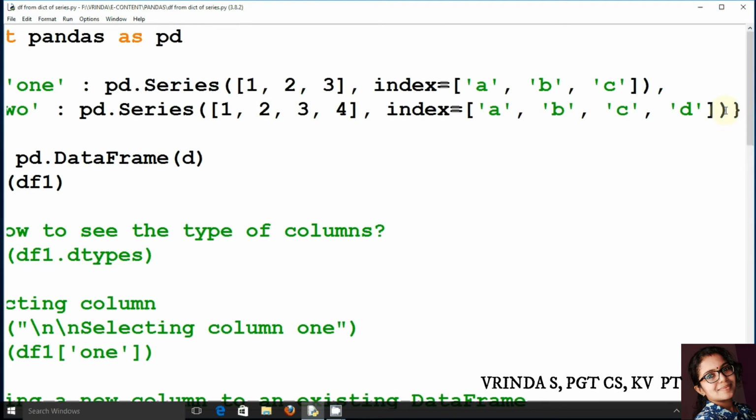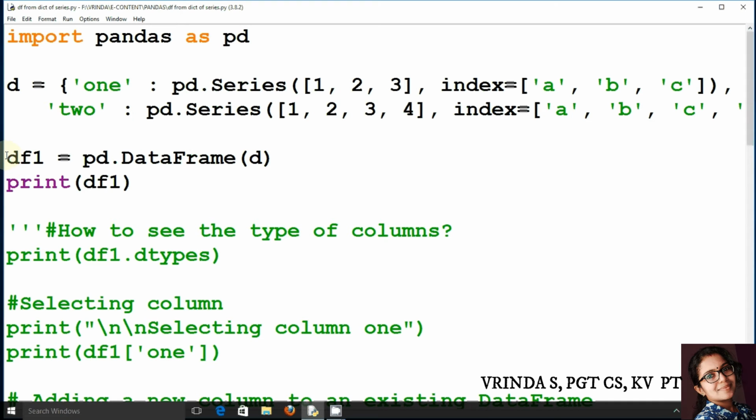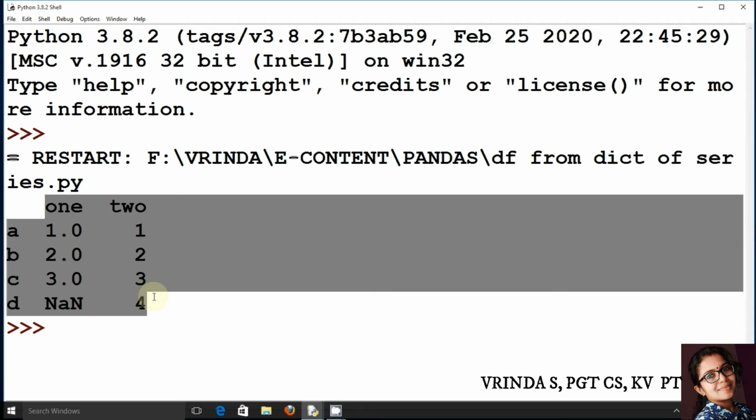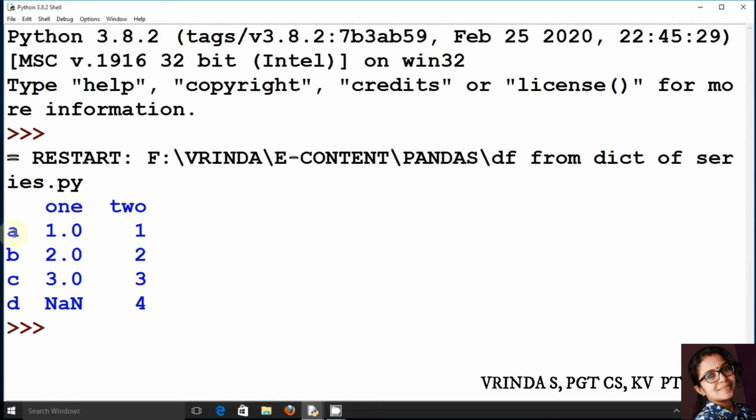So let's see how this data frame object df1 looks. Let us execute this code. What you see here is the output of the data frame creation, and we know we had indices A, B, C for the first series, and for the second series we had A, B, C and D,